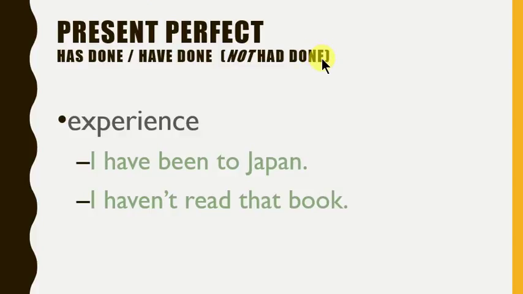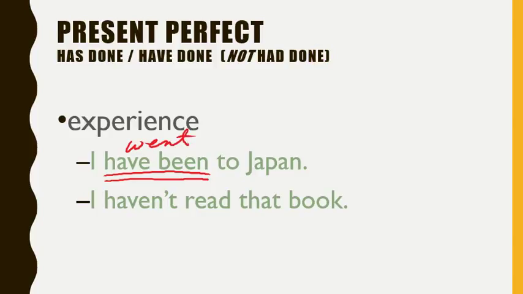One category of the present perfect form is the experience, that you want to convey that something has happened before and you know of it and you have experienced it, but you're not really interested in saying when it happened, and it doesn't matter, no one cares when it happened. You just want to say that it has happened, you have experienced it. So you would say, I have been to Japan. Not I went to Japan, that would be in the past tense.